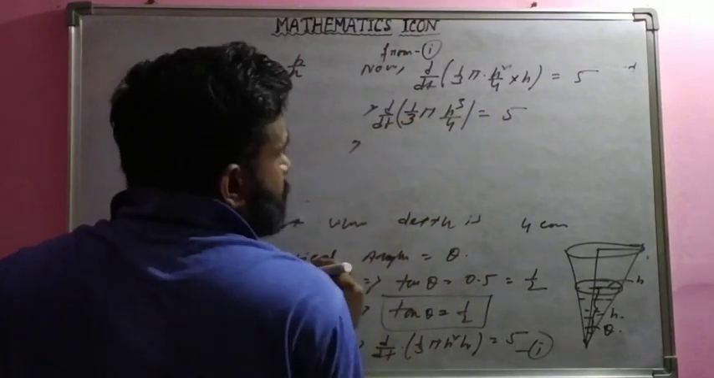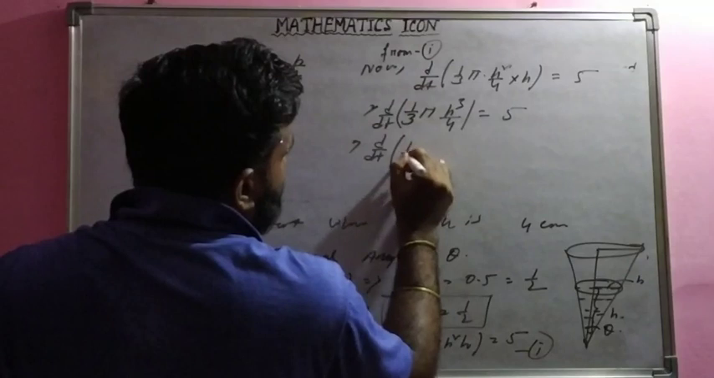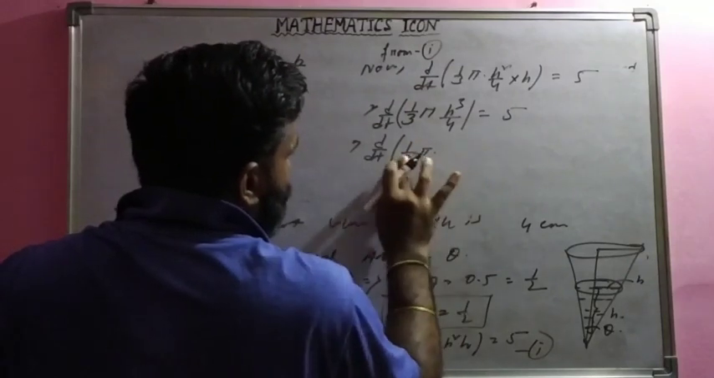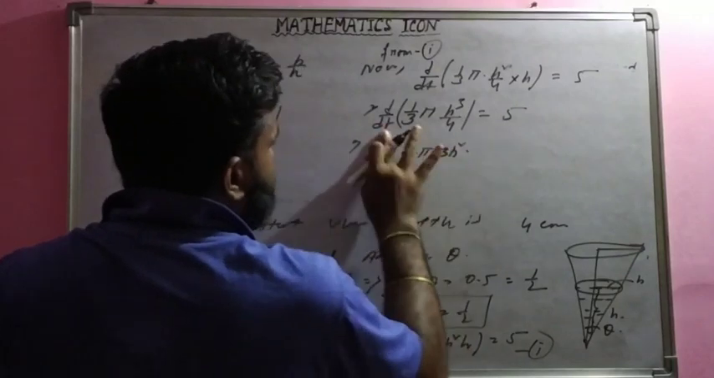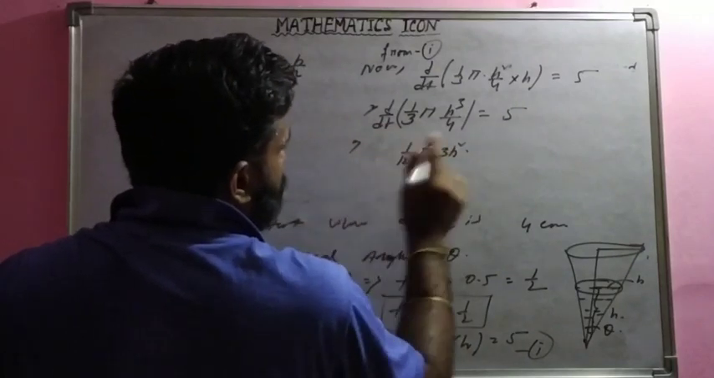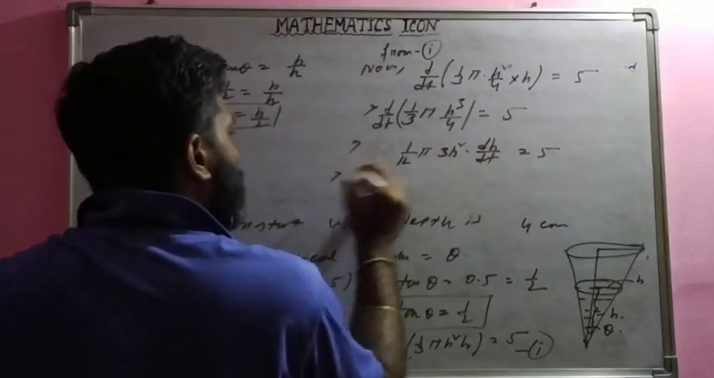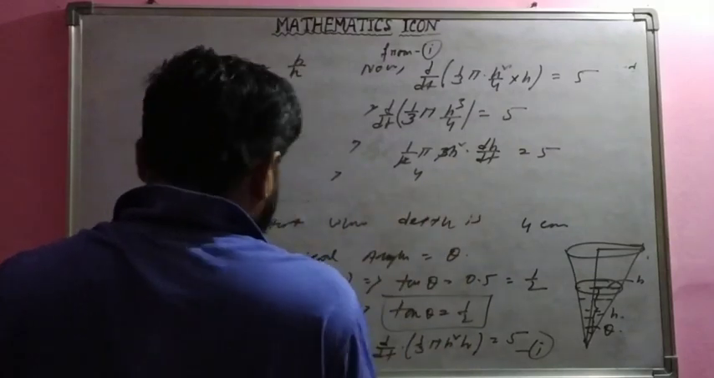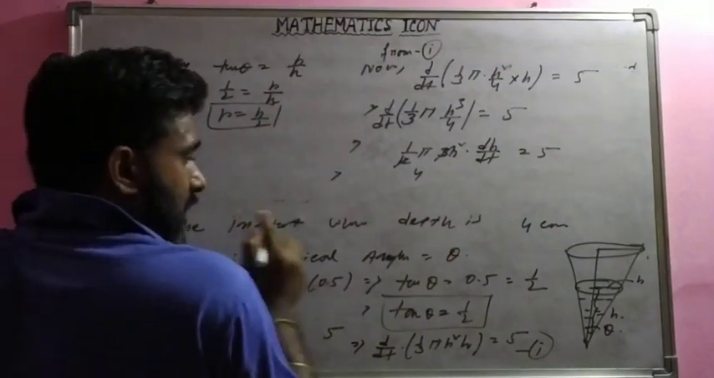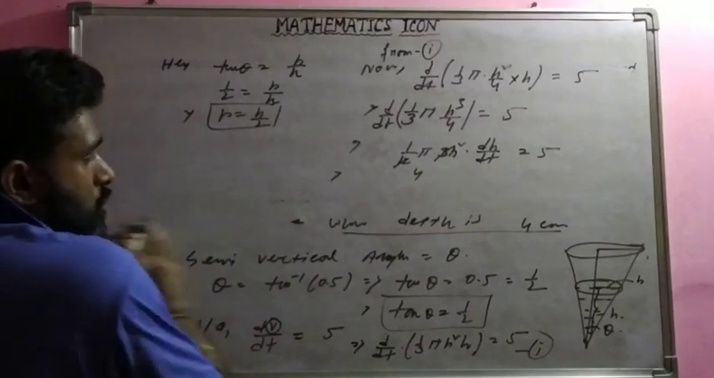ओके, ठीक है। So d/dt of 1/3 π h³, 1/3 मतलब 1/12 हो गया, और 3h² dh/dt, डिफरेंशिएशन कर लो: 3h² dh/dt इक्वल्स टू 5। दैट मीन्स 4। तो एट एनी इंस्टेंट डेप्थ इज व्हाट, 4 सेंटीमीटर। दैट मीन्स h इक्वल्स टू 4।